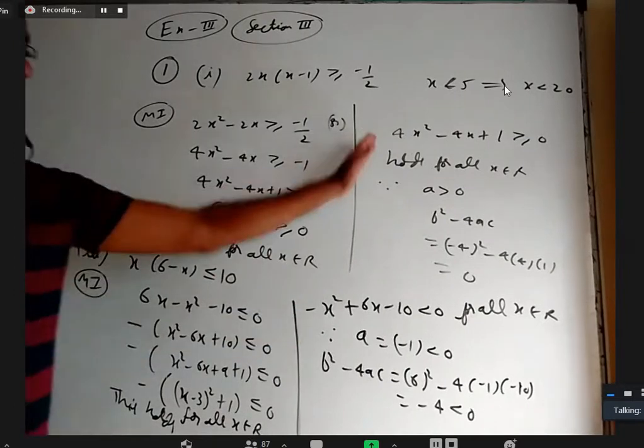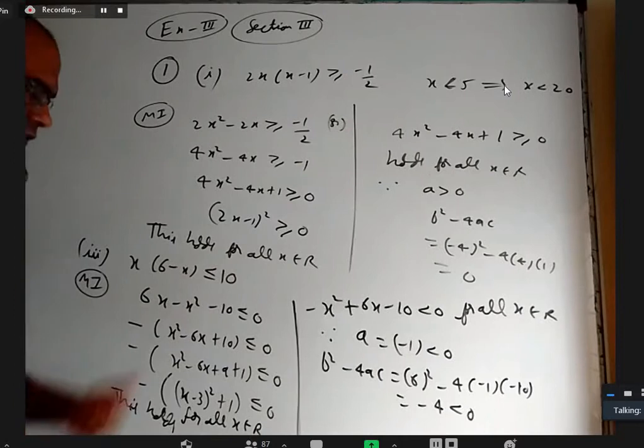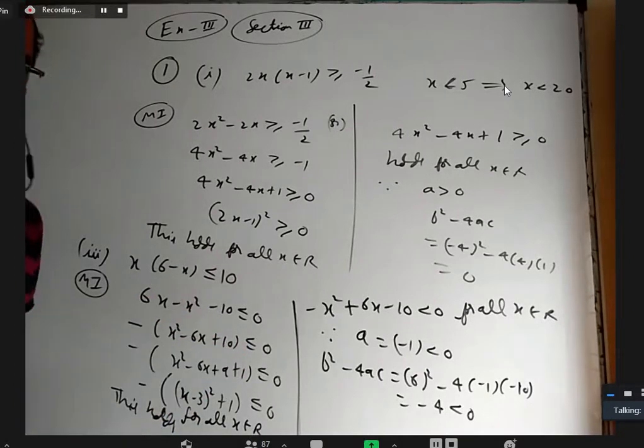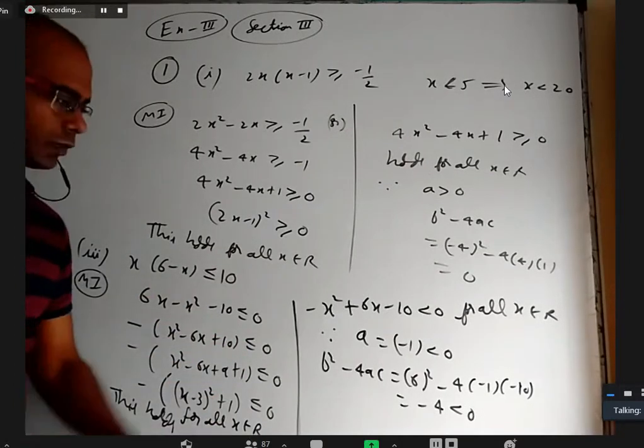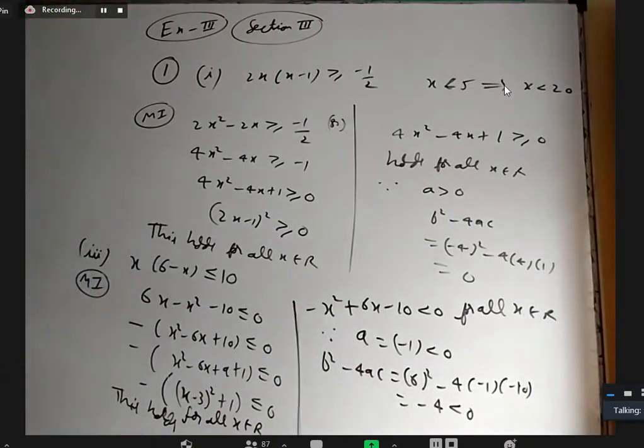Everybody should understand the second method better than the first method. Because the first method, anybody can do it. We don't need any further theory. Just make a perfect square, and we will know. But this kind of way of doing it also, we have to get familiar with. We'll be using this concept in many chapters.